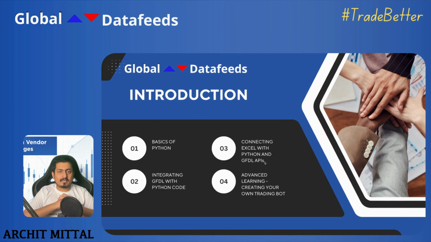And using those GFDL APIs, we are going to connect live market data as well as historical market data, which is coming to your feed inside the Python program itself. When we move ahead, now that you have Python ready and the GFDL APIs ready, we will connect a very favorite tool of all the traders, that is Excel sheet. We will be connecting this Excel sheet to Python as well as the GFDL APIs so that you can see real-time data connected to your Excel sheets. You can even place orders from this Excel sheet itself. So this Excel sheet will behave as a trading execution platform for your own specific requirements. You can customize it, you can modify it as per your requirement, completely as per your choice.